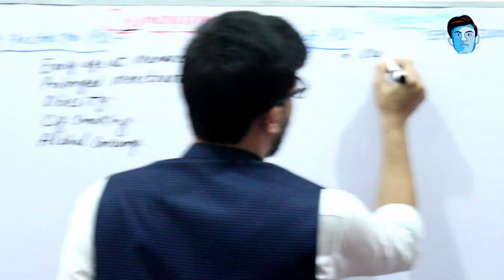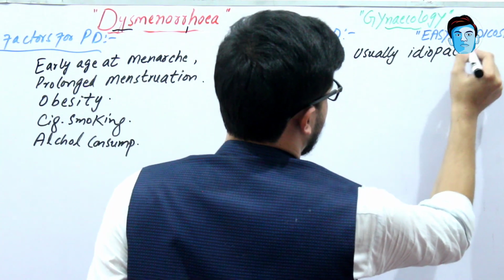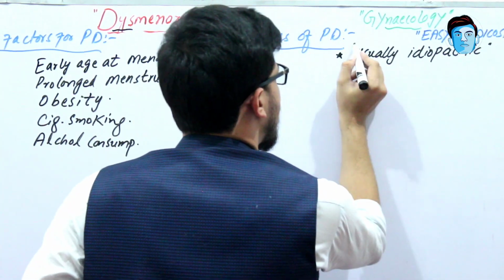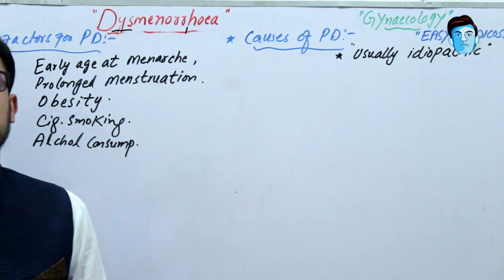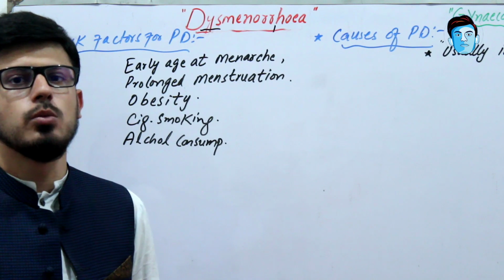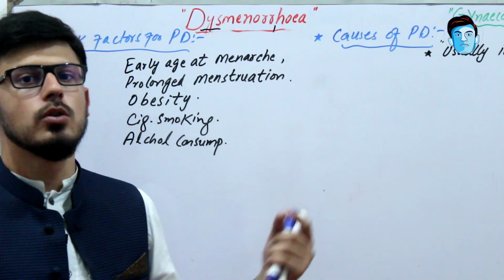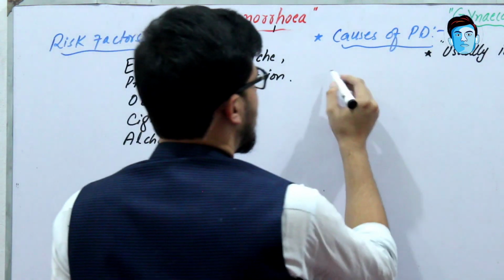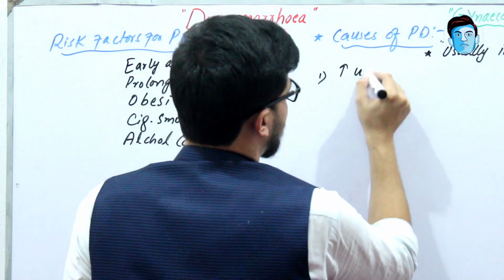It is usually idiopathic. The cause is unknown, but there are certain theories put forward to explain the reason for primary dysmenorrhea. So there are certain theories which suggest the possible reasons. What are those causes? The first cause for primary dysmenorrhea is considered to be increased uterine